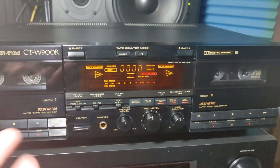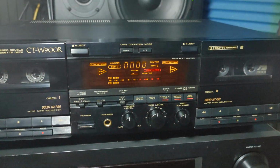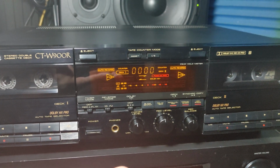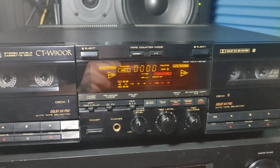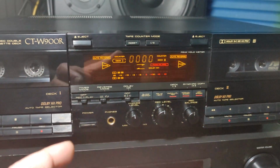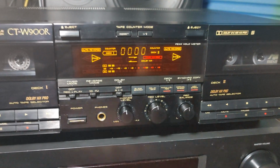Let's say you have a CD and you wanna make a double copy, one for you, one for your friend. You would be able with this deck to do that. But that's not all. There's a lot of things included here which is very nice for this model. I like this thing, like a twin